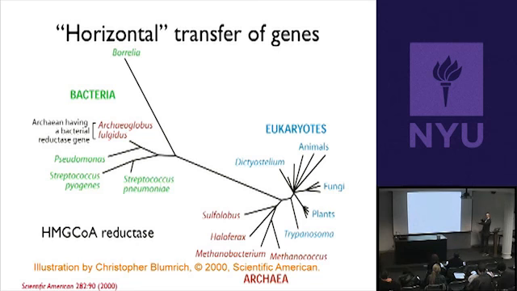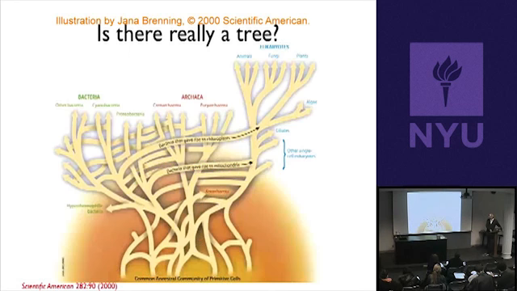And so this kind of event, where you find a bacterial gene inside an archaean, is called a horizontal transfer event. And it turns out that these are not uncommon. They've happened a bunch of times. And so that leads to a different picture of what the tree of life looks like, more complicated than the first one I showed you, okay? Where it actually looks more like this, right?